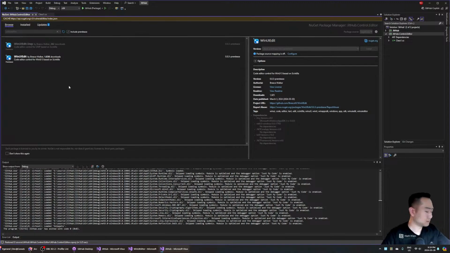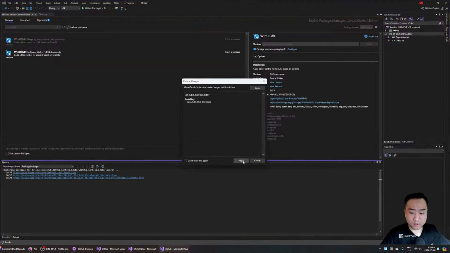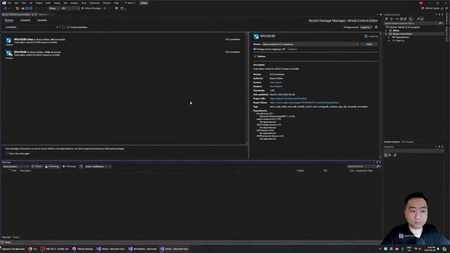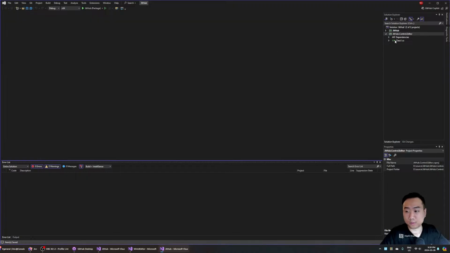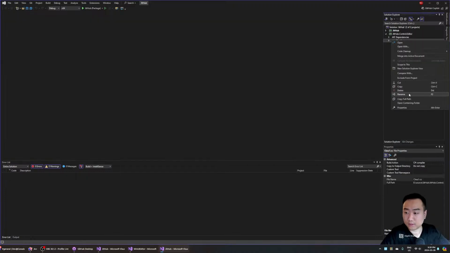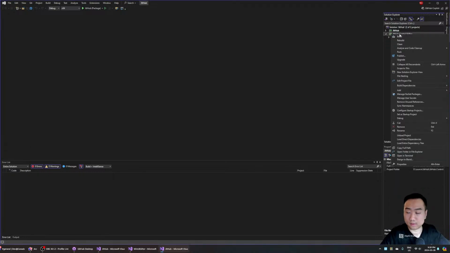For some reason, installing dependencies has just become very slow for me in the latest version of Visual Studio. But thankfully, installing dependencies is not something that you do very often, so a perf hit in this case is fine. Okay, now that we have it installed, we can start adding it. So we don't need this one. I'll delete it. I'll add a new